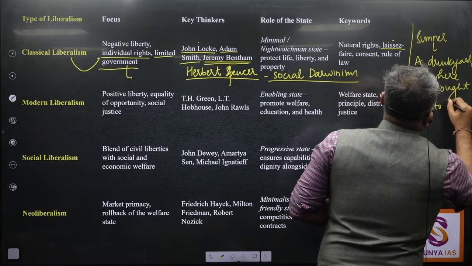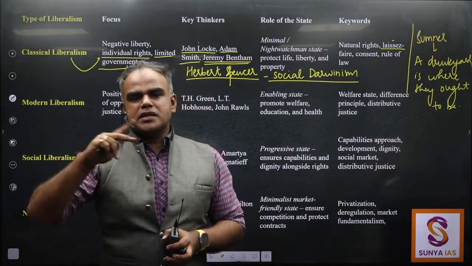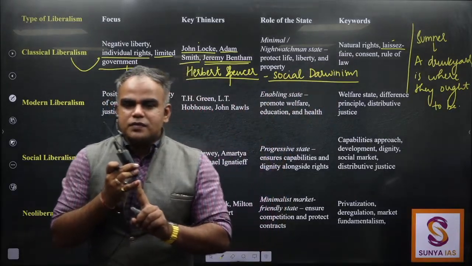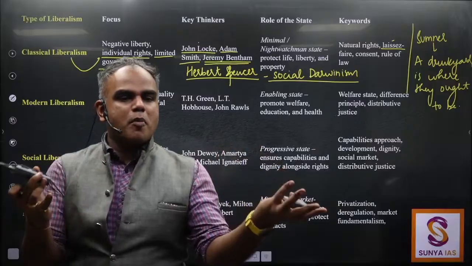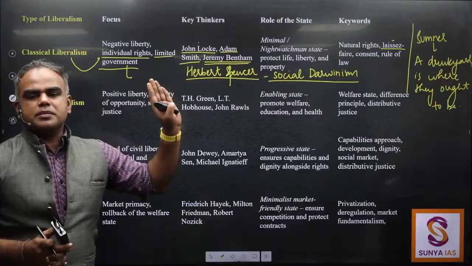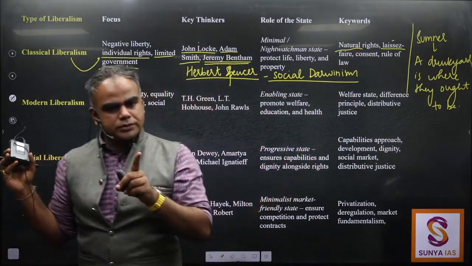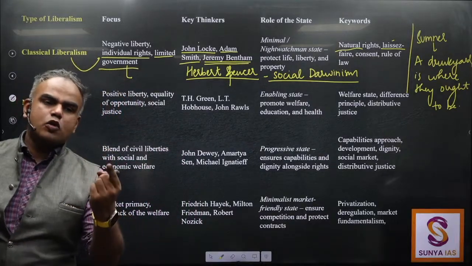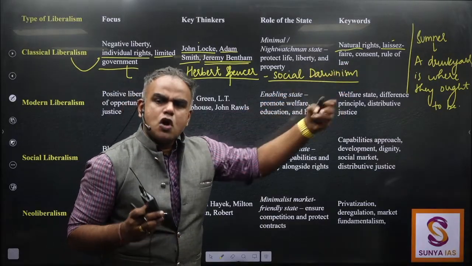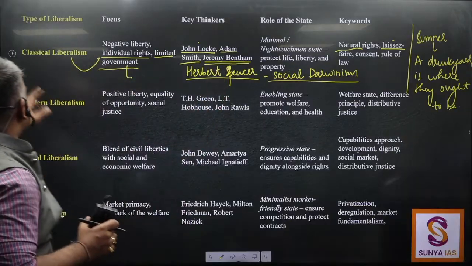So even if somebody is poor, they are poor because they are not working hard. If somebody is rich, they are rich because they are working hard, but this also ignores their privileges. This ignores the access to land or property. So this is what is present in classical liberalism. Natural rights, which we just saw, propounded by Locke, which goes against the divine theory of rights. We've seen what is laissez-faire, we've seen consent, rule of law, constitutionalism. All of these are the important features of classical liberalism.